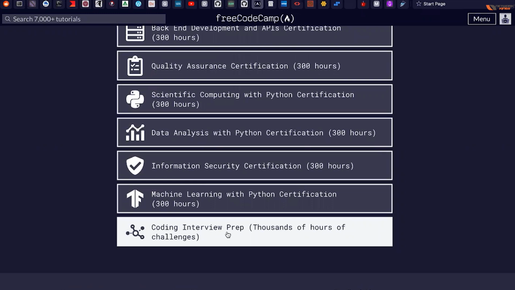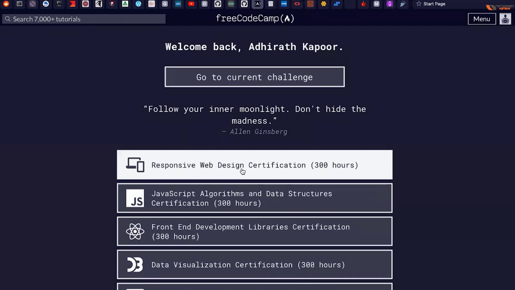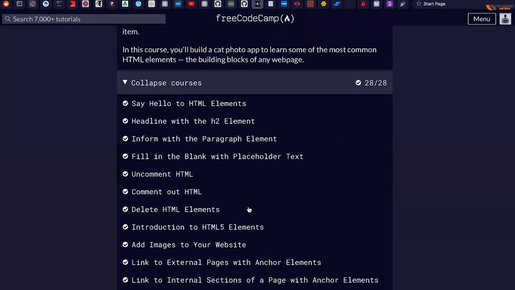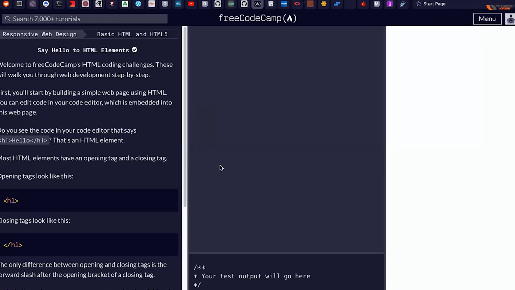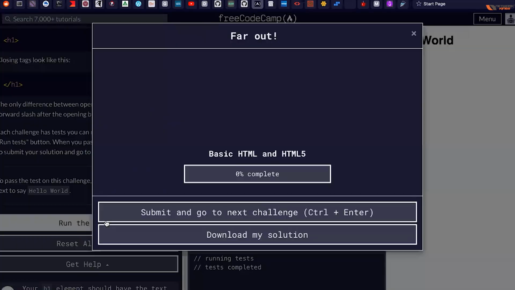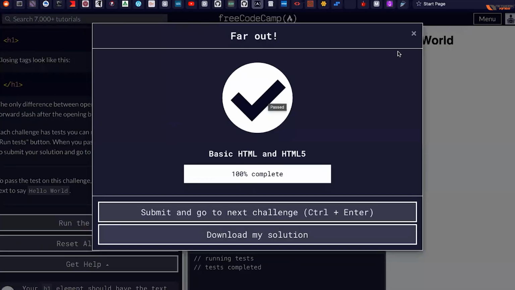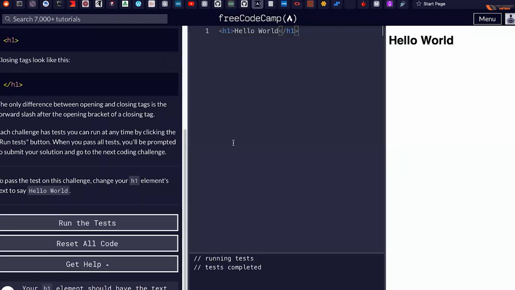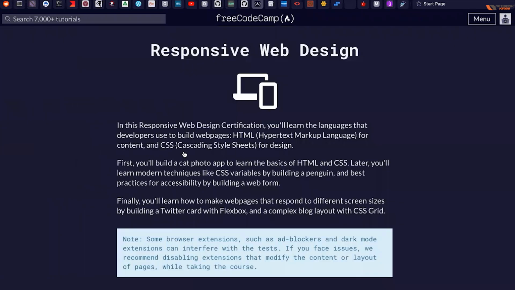There are free resources, and here you have to start from the most basic. You don't want a software on your operating system, don't do that. You go here, click on this exercise, see what needs to be done. What do you need to do? You need to write h1 and /h1, and you need to write hello world. You run the test, you are good to go. It's the easiest exercise here. You will have hard exercises as well, but you will have to start from scratch.